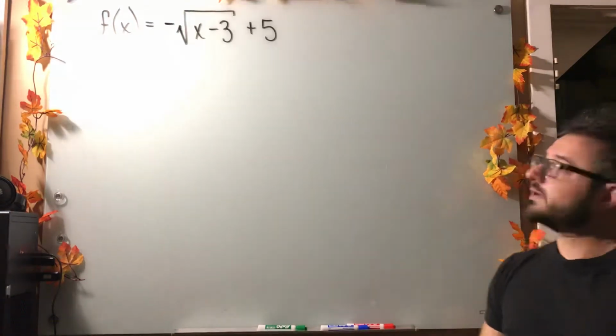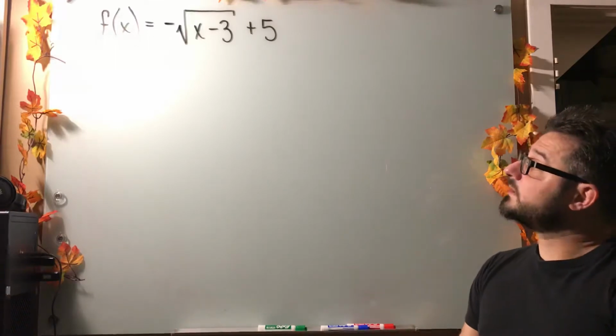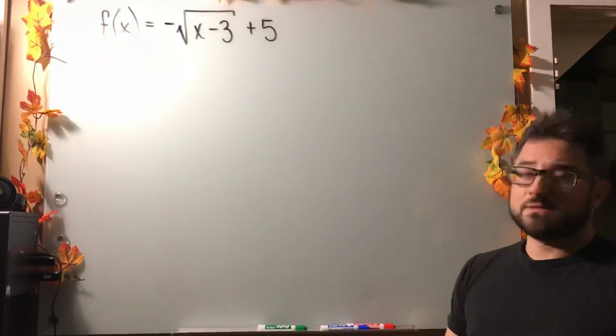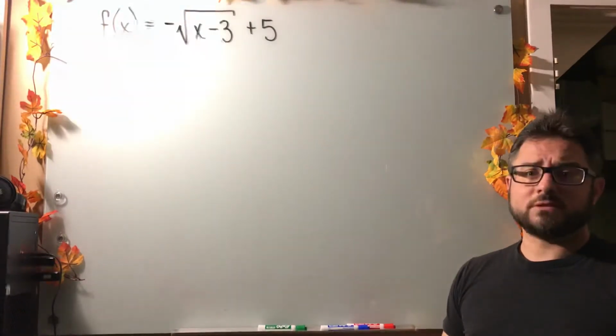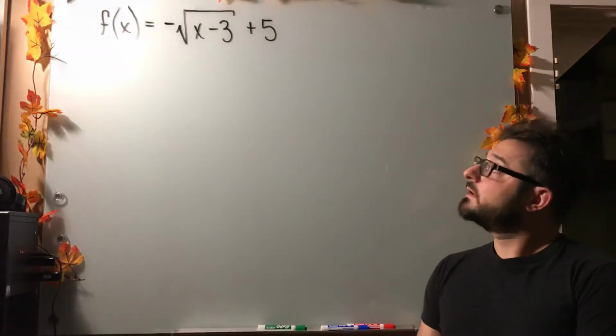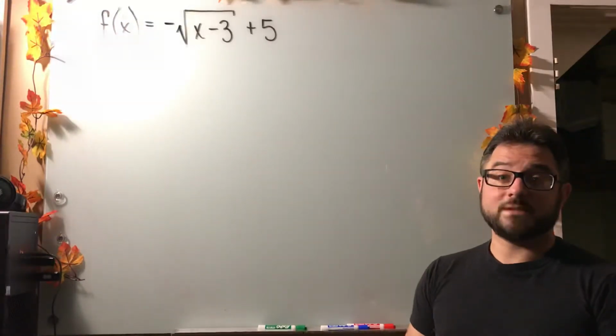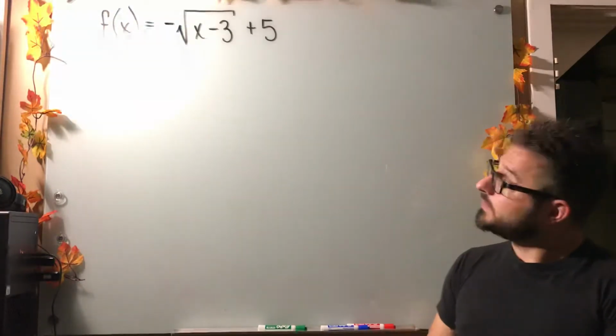This is our first look at a function that has multiple transformative operations going on in it. So, how do we know what to do first? That's where the order of operations comes into play. The fact of the matter is that each transformation is caused by the presence of a new operation beyond the